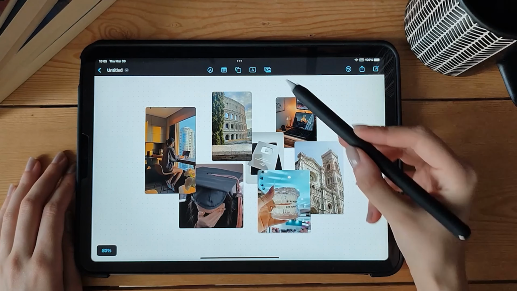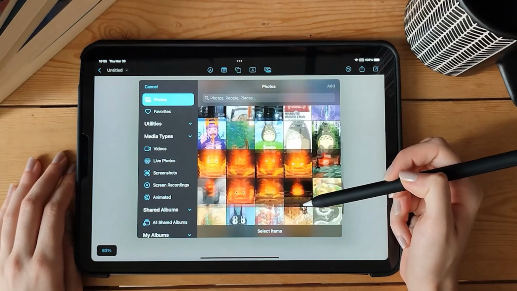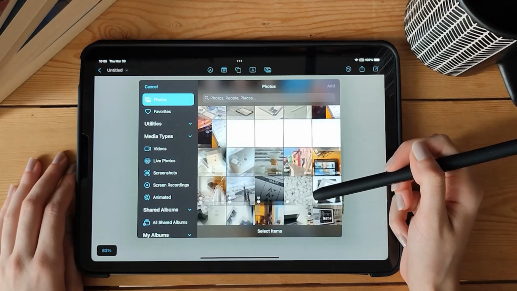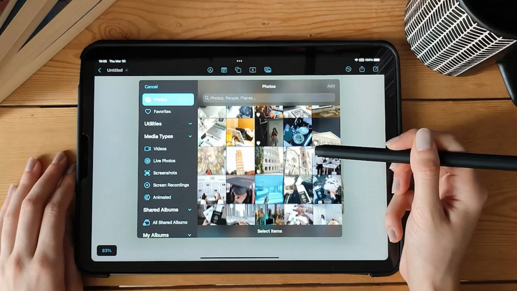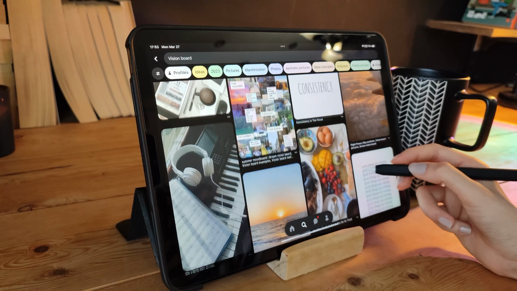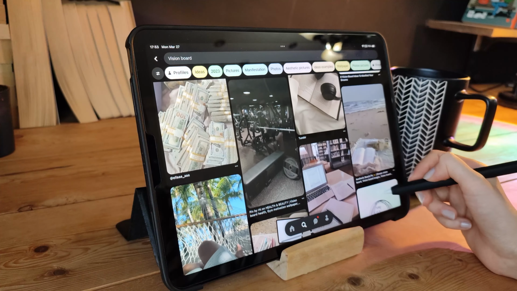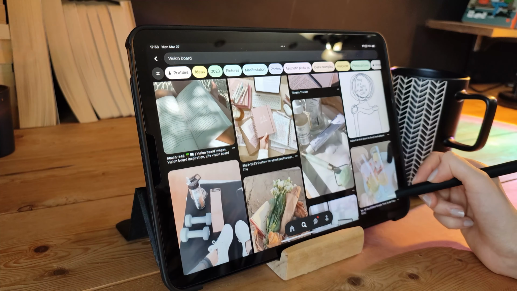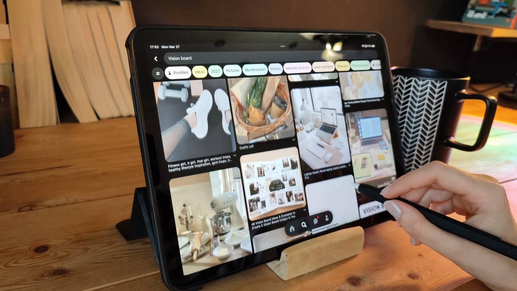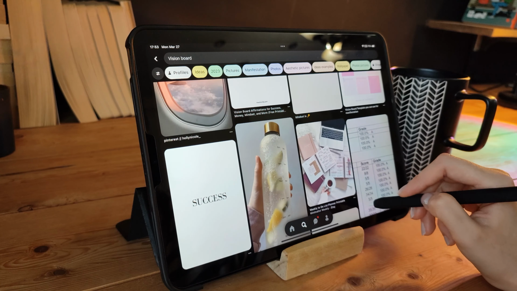It's important to keep the overall design of the board in mind as you add more elements. Once you have added all of your visuals, take some time to reflect on your vision board and make any necessary adjustments. Remember to keep your vision board in a place where you can see it daily, such as your lock screen or wallpaper, to help keep your goals in focus. With the right tools and mindset, creating a digital vision board on your iPad can be a powerful tool for